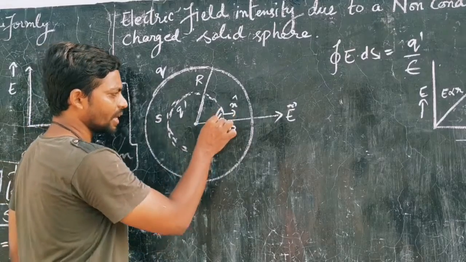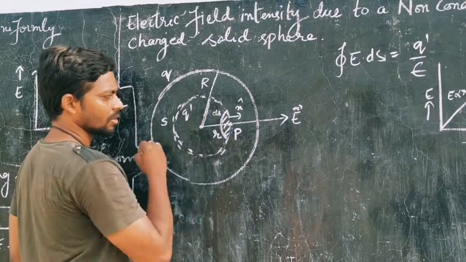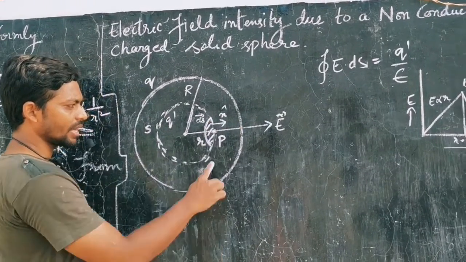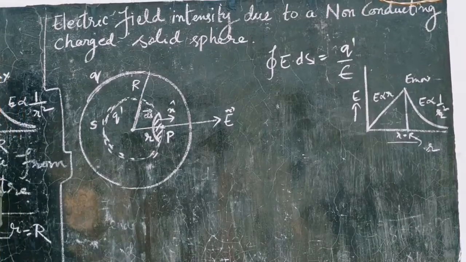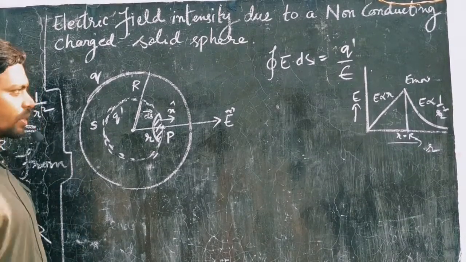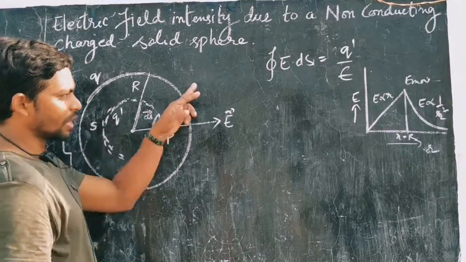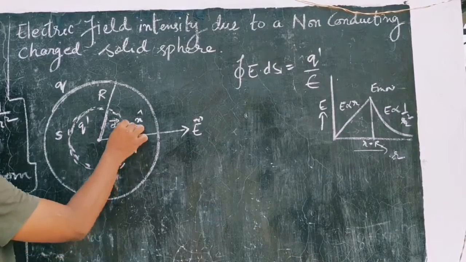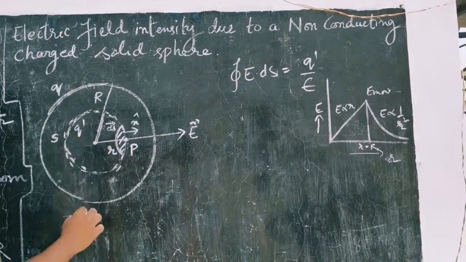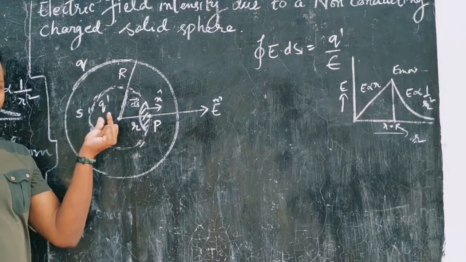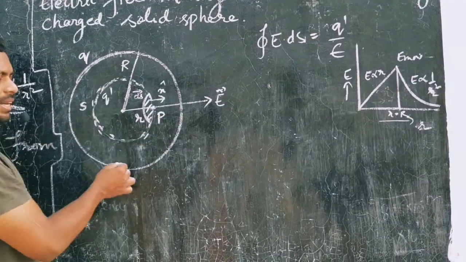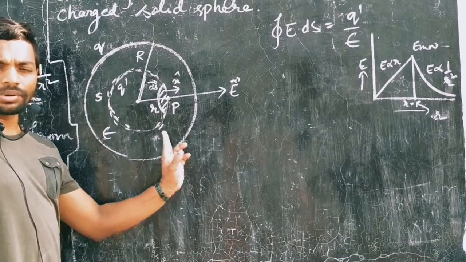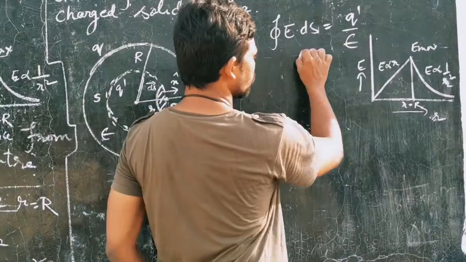If we consider a small area element dS, its unit vector is given in this direction. So you can see again the angle between them is 0, so E dS cos 0. Now we will calculate that. Let us say only in this part of the surface we have a charge Q dash, out of total Q. And let us say this medium has some electrical permittivity epsilon. In that case, the equation would become this.